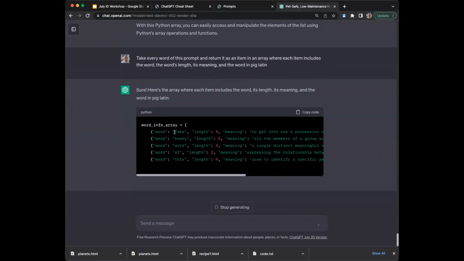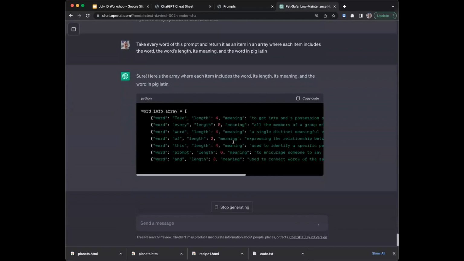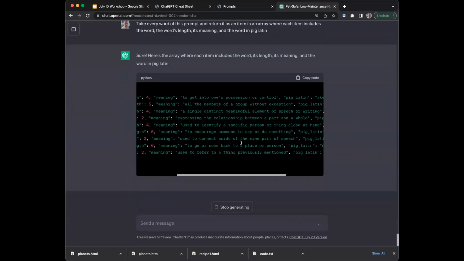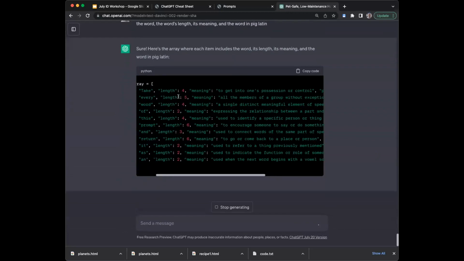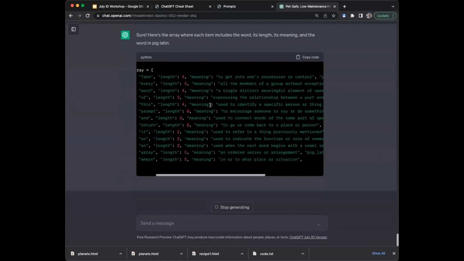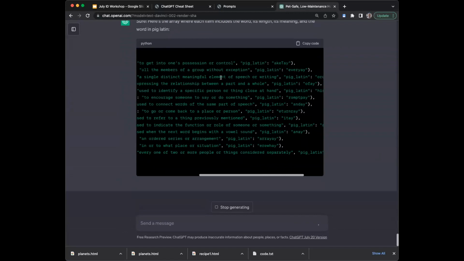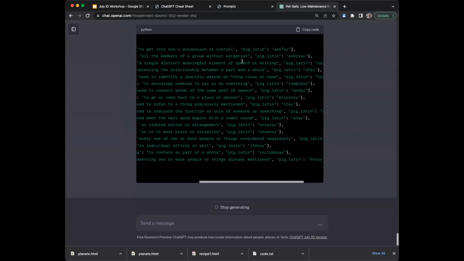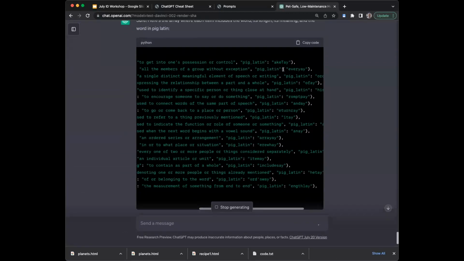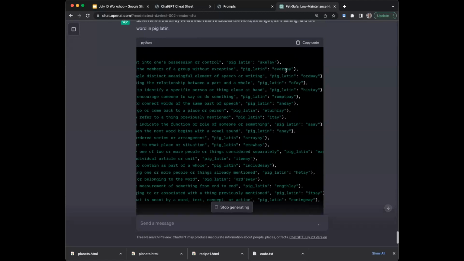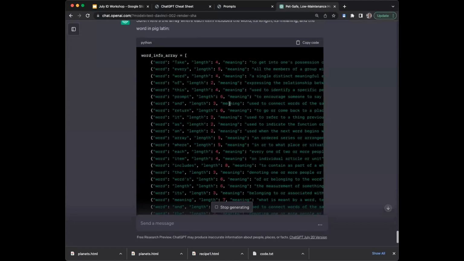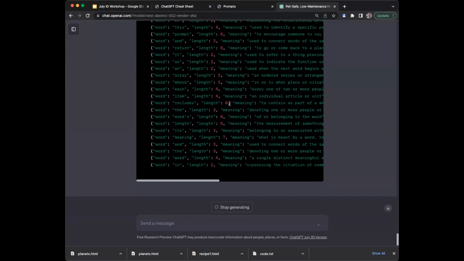So yeah, it takes every word of this prompt, right? Gives me the word length, 4 or 5. It looks like it's pretty spot on those. Gives me the meaning of the word, to get into one's possession or control. And then the Pig Latin, ecte, every A. So it gave me what I'm looking for. It's taken a little bit of time to do it, but